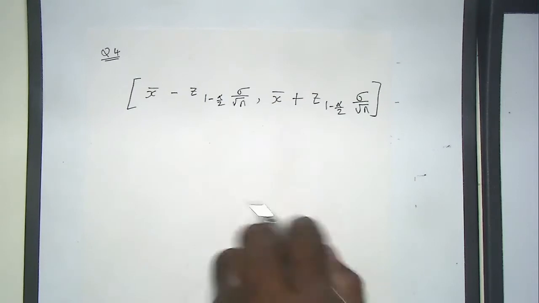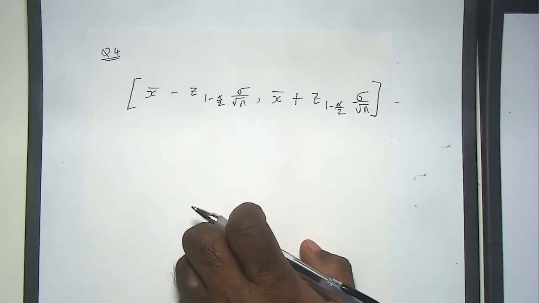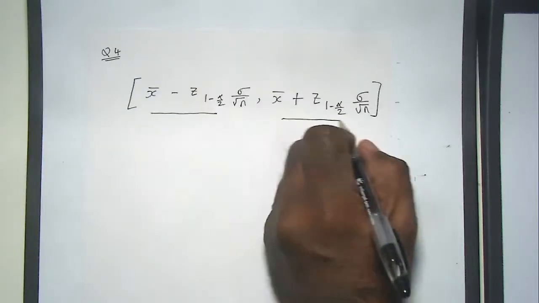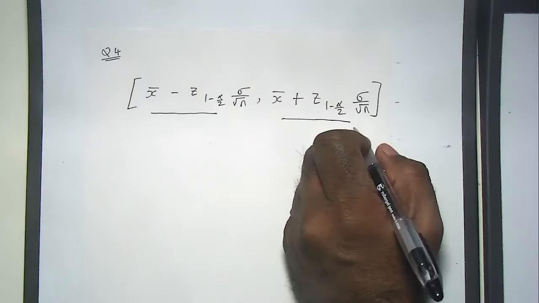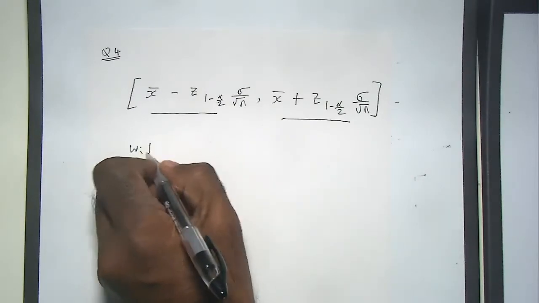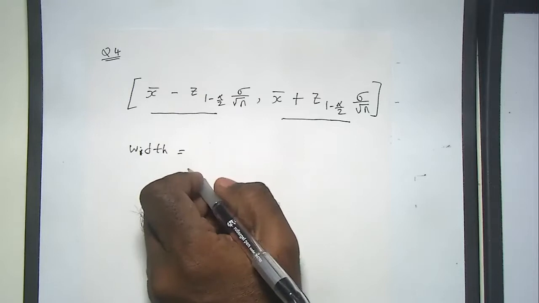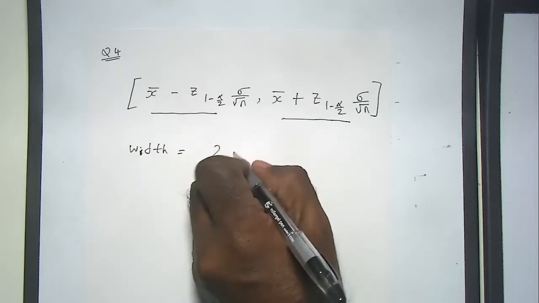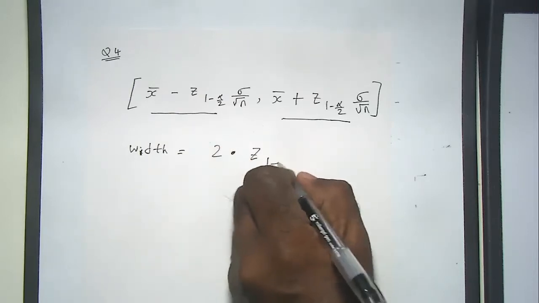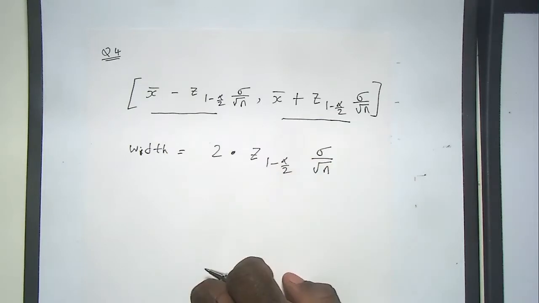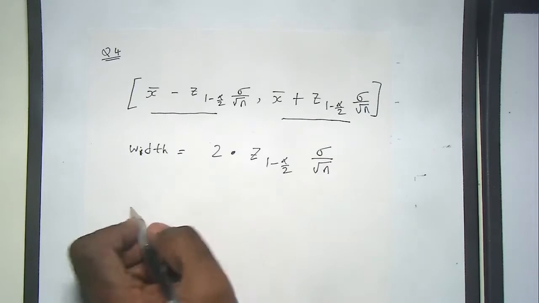Now, what is the width of this confidence interval? Can somebody tell me? Going from this to this, what's the width? This is the lower limit, this is the upper limit. So the width of this interval is equal to 2 times this, yeah? So the variables that affect the width are